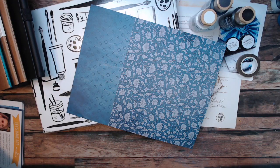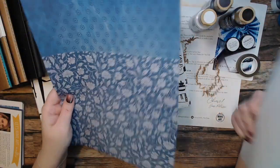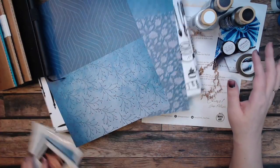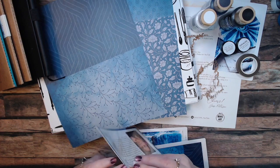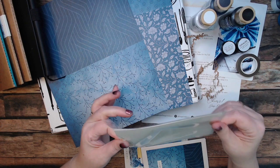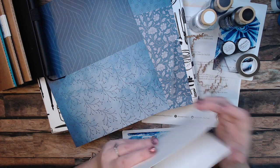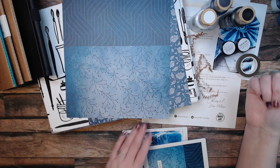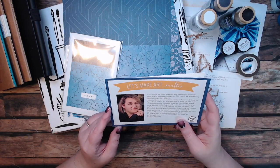Save the plastic. Okay, so very pretty collage papers. Looks like there's only 2 this month, but they're very pretty colors. I really like those. And then we've got, in our Let's Make Art Matter, so there's no carbon paper this month. So it looks like we won't be copying anything, but in Let's Make Art Matter, we're